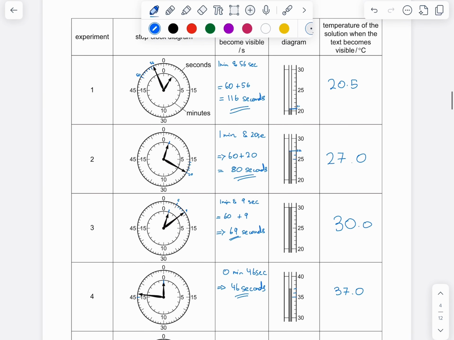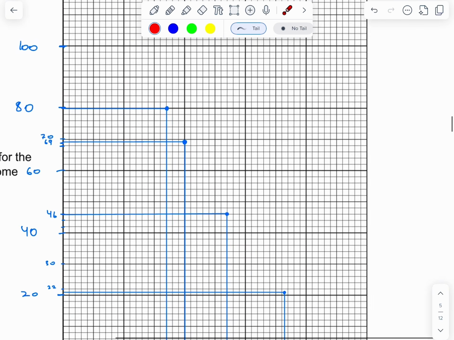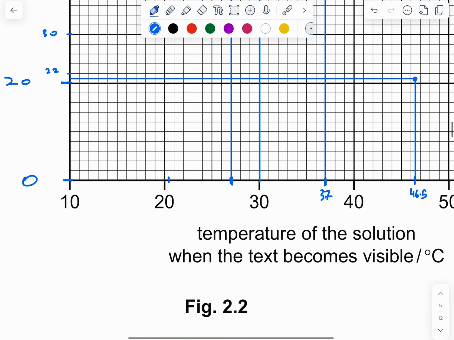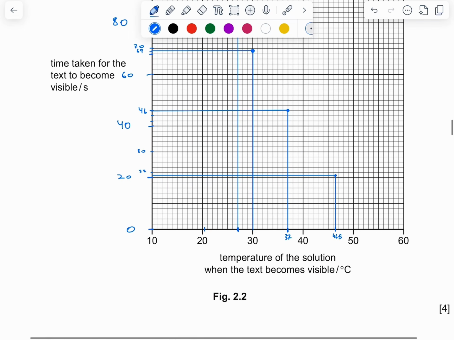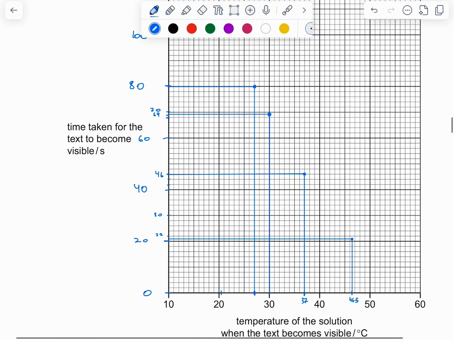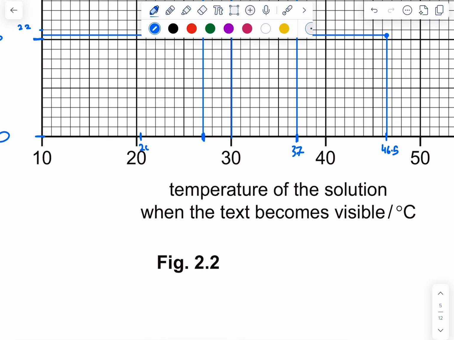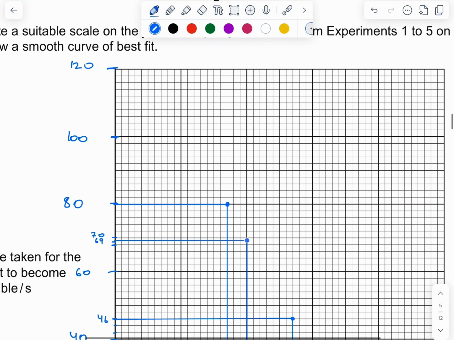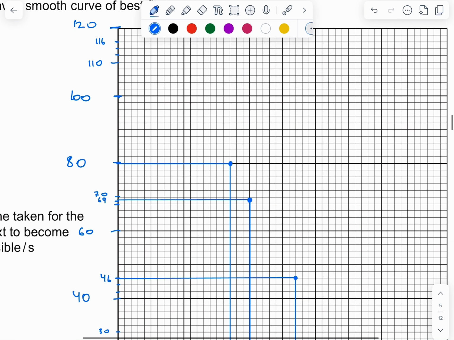All right, after that it is at 116 seconds and 20.5 degrees. All right, 116 seconds and 20.5 degrees. So the temperature is 20.5. Alright, and it should go up to 116 seconds. So 116 comes after 110. This is 110, this is 112, 114, 116. So this is 116. Alright, and we want to show this temperature at 20.5.